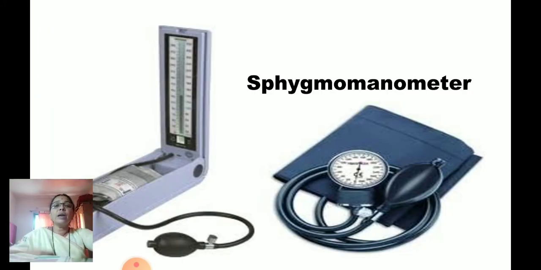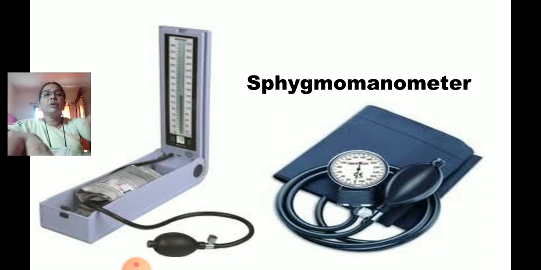So this instrument you must have seen, that is the sphygmomanometer. This instrument helps in detecting our blood pressure. It works on this diagram which looks like a compass box. The mercury level increases or decreases. A pressure gauge is there, which could show you the pressure.